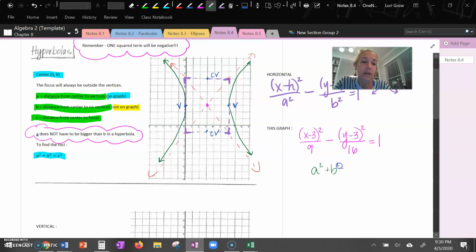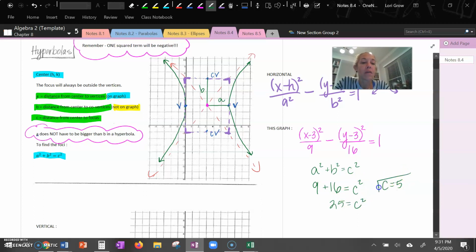plus b squared equals c squared. So a and b don't really matter. A is technically 9 in this problem, or 3 squared. I'm sorry, a squared is 9 and a is 3. B squared is 16 and b is 4. So this is a and this is b. And then, of course, I can do the Pythagorean theorem, and I get 25 is c squared, so c must